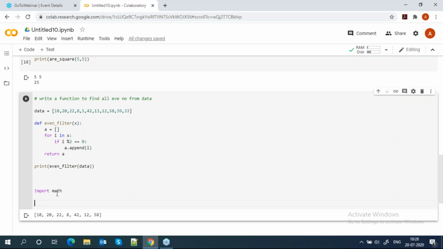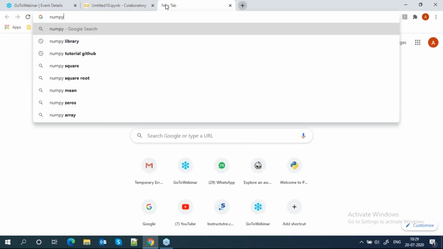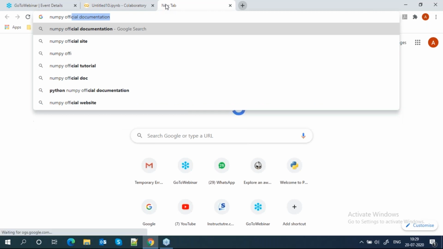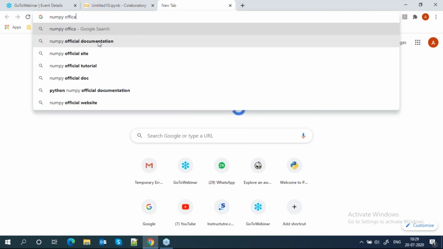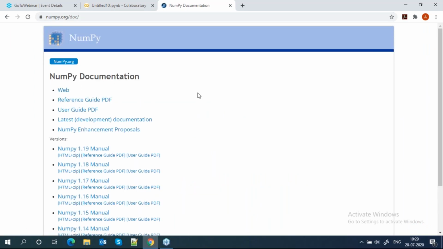Otherwise we have numpy, one library for all your mathematical operations. Don't follow any blog, just go to the numpy official documentation and you will get all your list. In future we are going to cover numpy. So always use the official documentation.